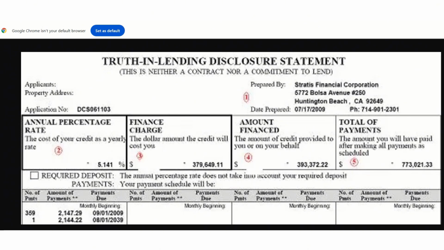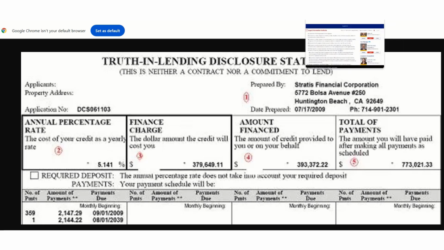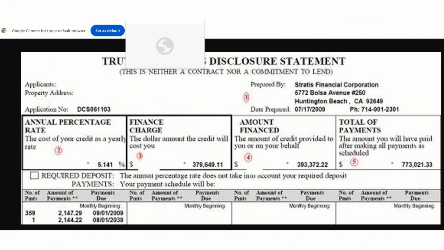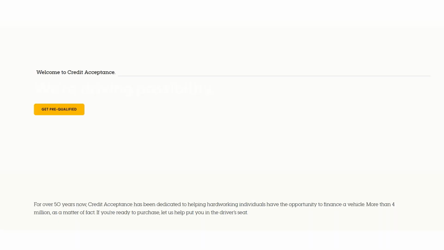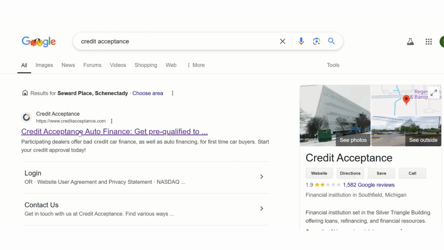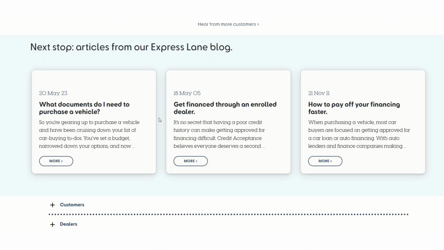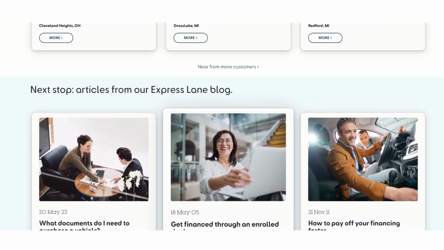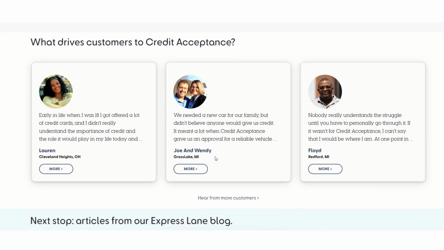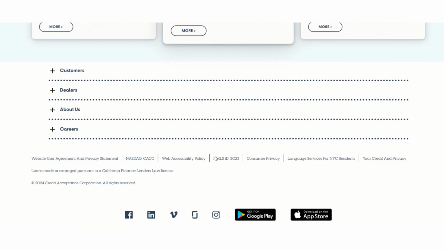To further explain this, let's go to Credit Acceptance. Yeah, I don't like Credit Acceptance. Yeah, we're going to blow them out the water real quick, right? So, let me show you the whole process. So I'm going to go back, right? We go to Credit Acceptance, right? Type it in Google. Let's go to their website. We're going to go all the way down, right? And we're going to go to,